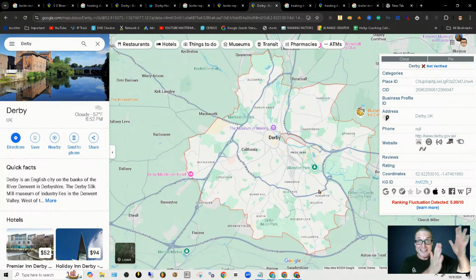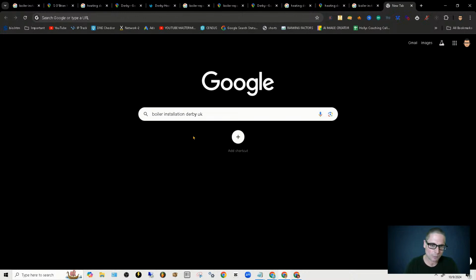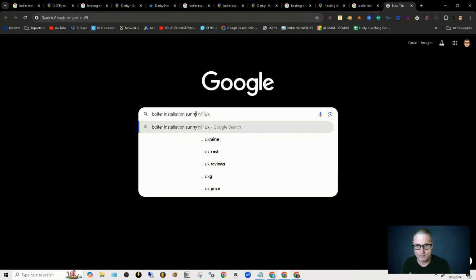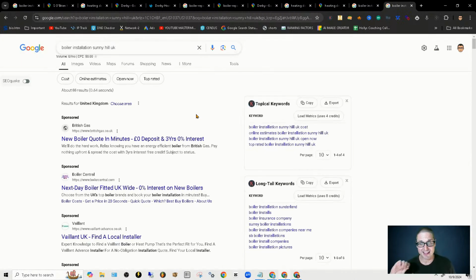The next step, this is very important. This is why I'm drilling down on this. This is how you expand proximity. But what we're looking to do here is take a look at boiler installation Derby. The next thing we're going to do is look up boiler installation in Sunny Hill, and what we want to assess is, does Google think that Sunny Hill is Derby or is